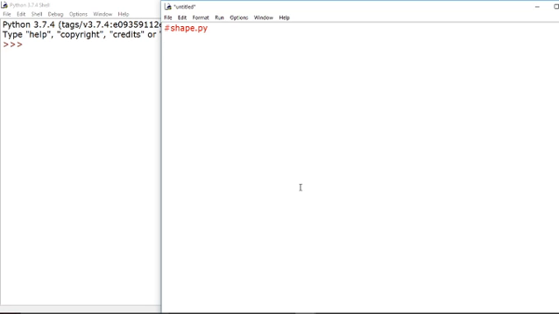Now I am writing one definition, say define area of circle. We require the radius to calculate the area of a circle. Now I am writing one more interesting thing, that is the docstring: this function is used to return the area of the circle.